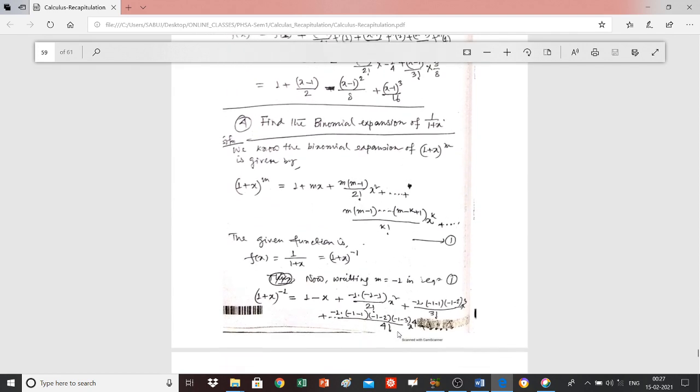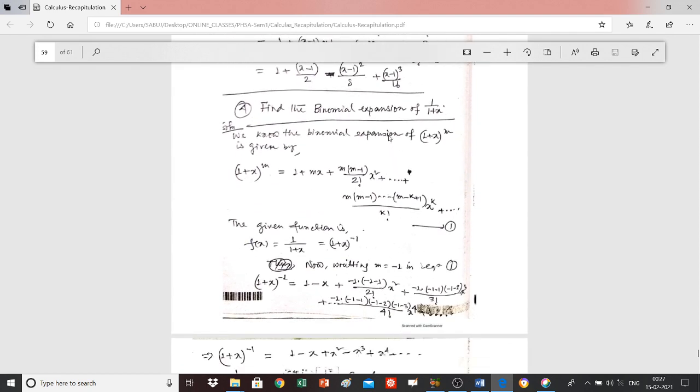The next example is to use the binomial expansion. You have to find out the value of 1 by (1 plus x) using binomial expansion, and you know that the binomial expansion of (1 plus x) to the m can be written as 1 plus mx plus m into (m minus 1) by 2 factorial x square plus etc., plus m into (m minus 1) ... (m minus k plus 1) by k factorial into x to the k plus